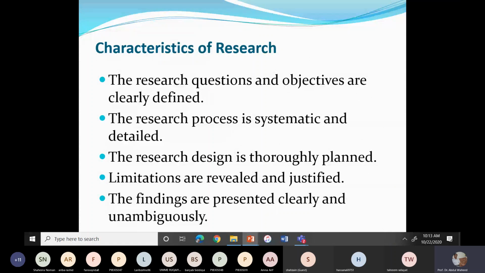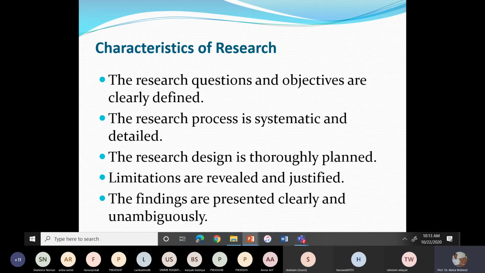And good researchers, and a good research, explain the limitations of the study. So they reveal their limitation and they justify it. If I don't get the data for a particular variable, then I will say I didn't use this variable because data was not available, and it should be justified. And then they present the finding